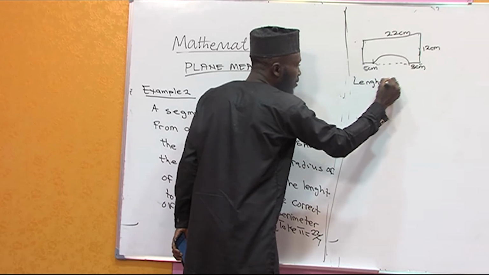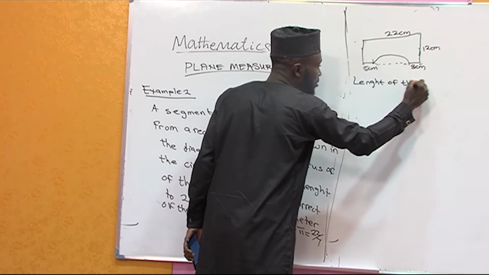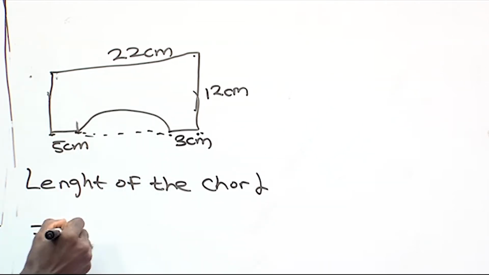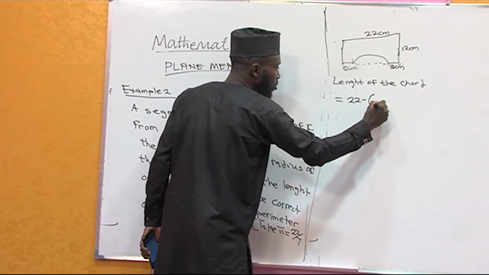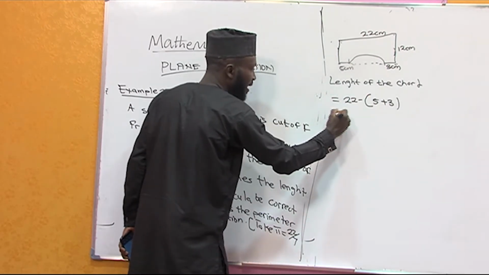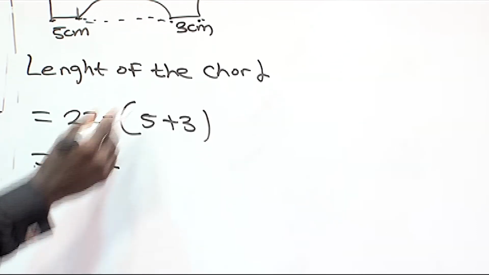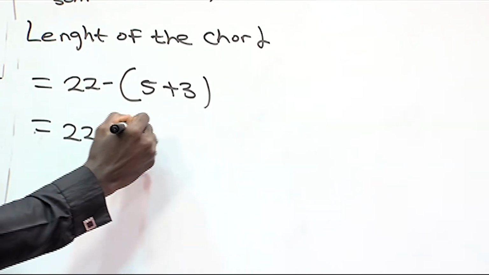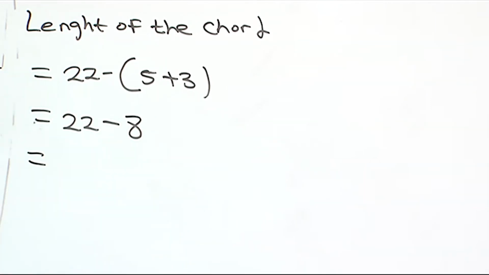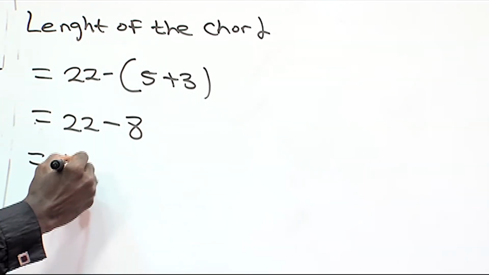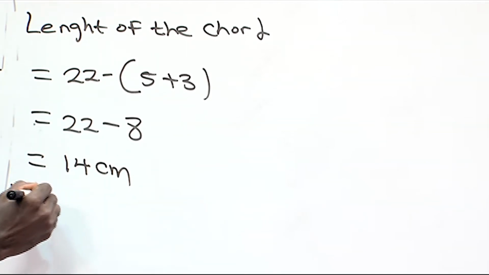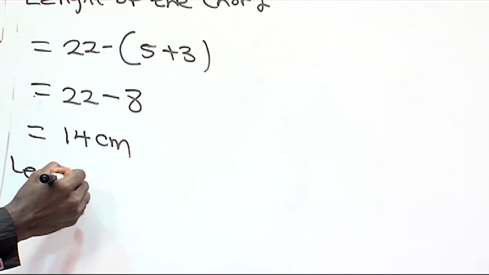Length of the chord is equal to 22 minus open bracket 5 plus 3. So that at the end I have what? 22 minus 5 plus 3 is going to give me 8. So this is now going to be equal to 22 minus 8, which gives me 14 centimeter,